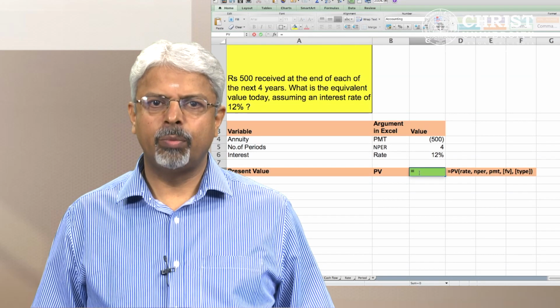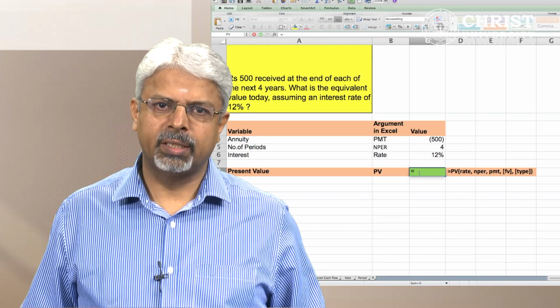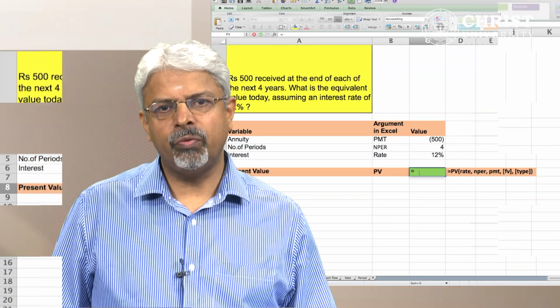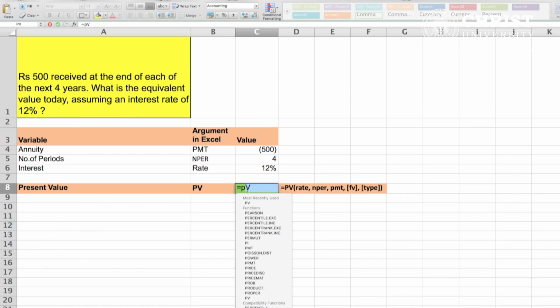We have in this example all the parameters already listed. Let us now use the formula PV equals and open the bracket. As we have to find out the present value of the cash flows as in the previous example, we will link the details as follows. Rate we will link to the cell C6, which carries the interest rate at 12%, comma, NPER, which is 4 years already input in cell C5, and PMT, which refers to the annuity amount of rupees 500 in cell C4.